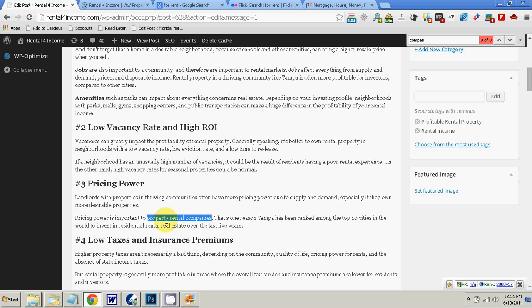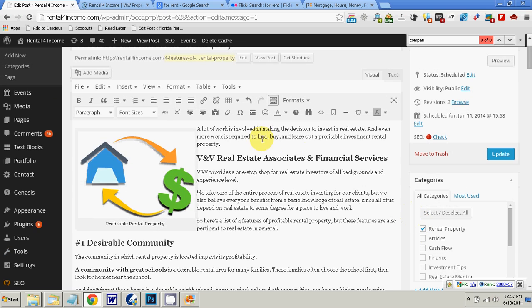To set up this link, and you've seen links all over websites everywhere. When we're done with this, this text will be a different color. It'll be underlined, and of course when you click on it, you'll go to a different page. All right, so we have highlighted it. Didn't highlight the period, just the phrase. We're going to go up here and we're going to click the insert link